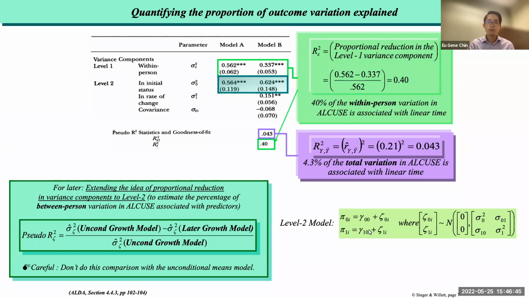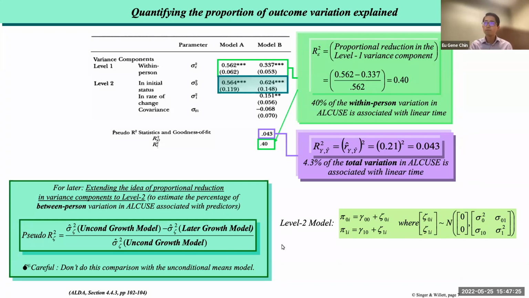The other thing which I want to point out to you as well is that we can use this generic model, the pseudo R-squared generic model, to calculate how well our future subsequent models are doing in adding more level 2 predictors compared to our unconditional growth model. Because remember, with our unconditional growth model, we actually don't have any between person or level 2 predictors. And so this will be our yardstick for us to know if subsequent models are going to do a good job of being able to reduce the amount of level 2 residual variance